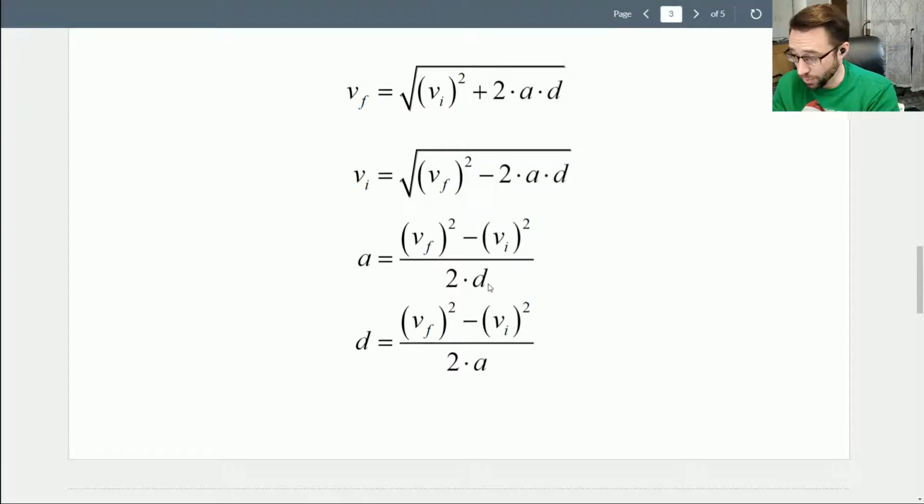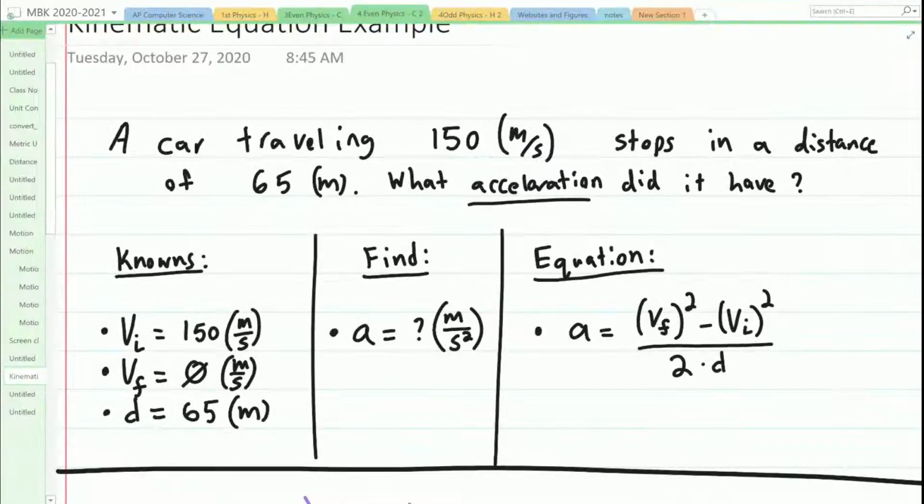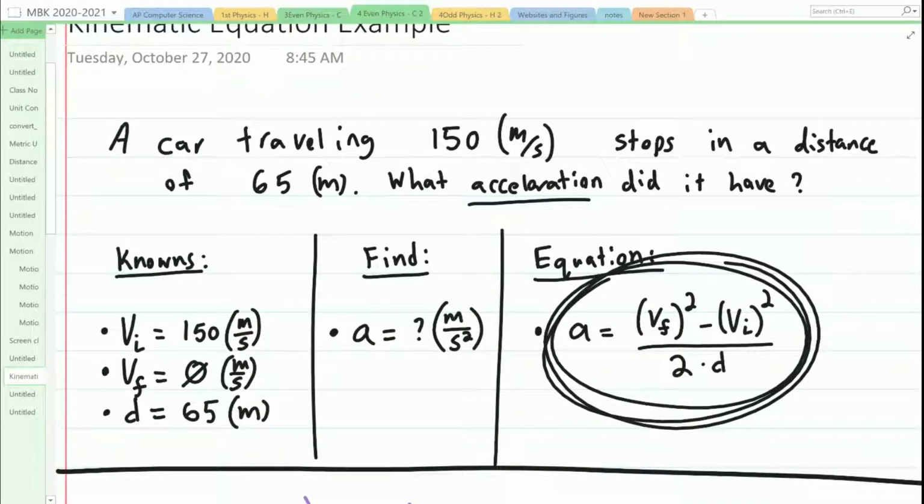All right, so what I'm going to be doing now is I'm going to copy down this equation. So v sub f squared minus v sub I squared all over 2 times the displacement. Okay. So what I've done is over here in my equations box, this is the equation that we're going to be utilizing. Okay. Now,